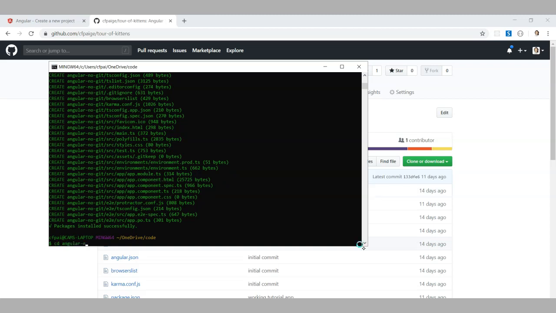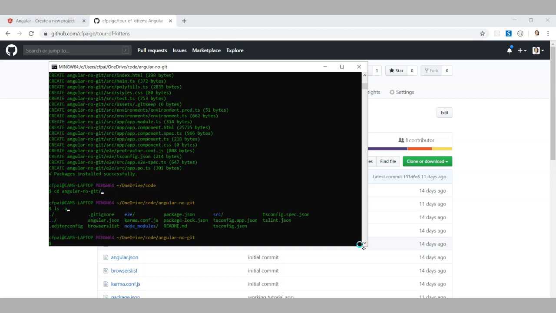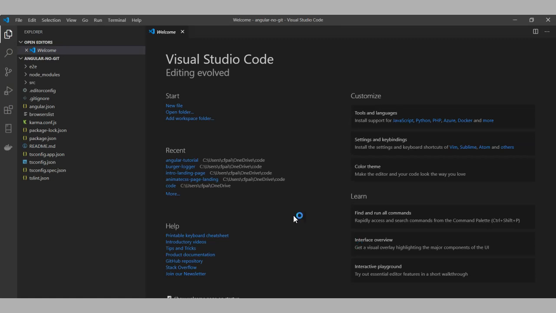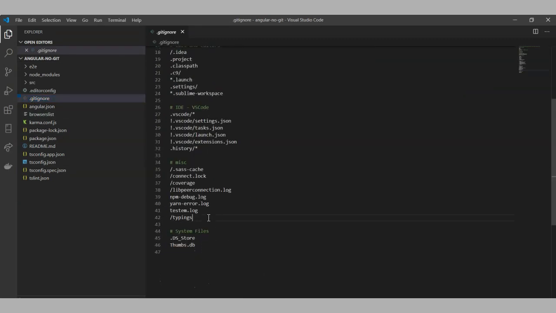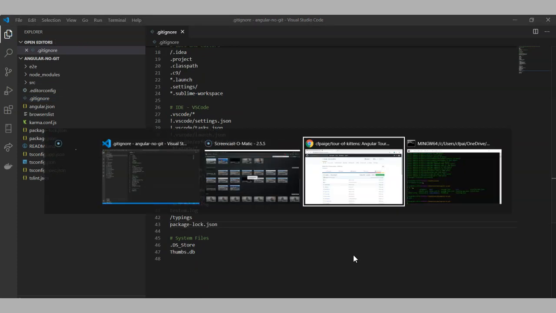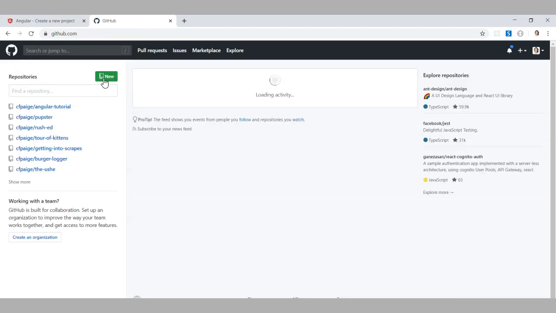Let's make sure, let's go inside the folder. And let's list all the files, including the hidden ones. It worked! There's no Git directory! But there is a gitignore, so let's modify it now. For a bit of variety, I'm going to do it using Visual Studio Code. There we go. You can see package-lock.json is still there. I'm not going to delete it this time, because I'm going to add it to gitignore before the first commit, so it's never going to make it to GitHub in the first place.